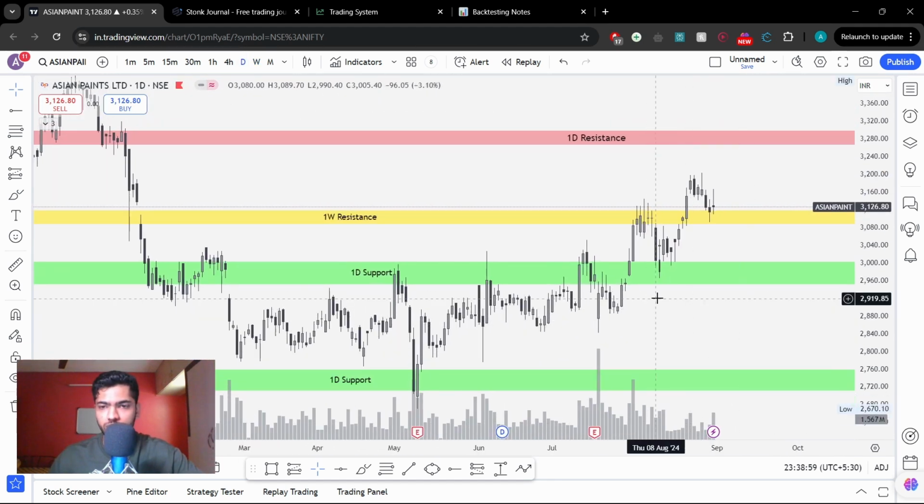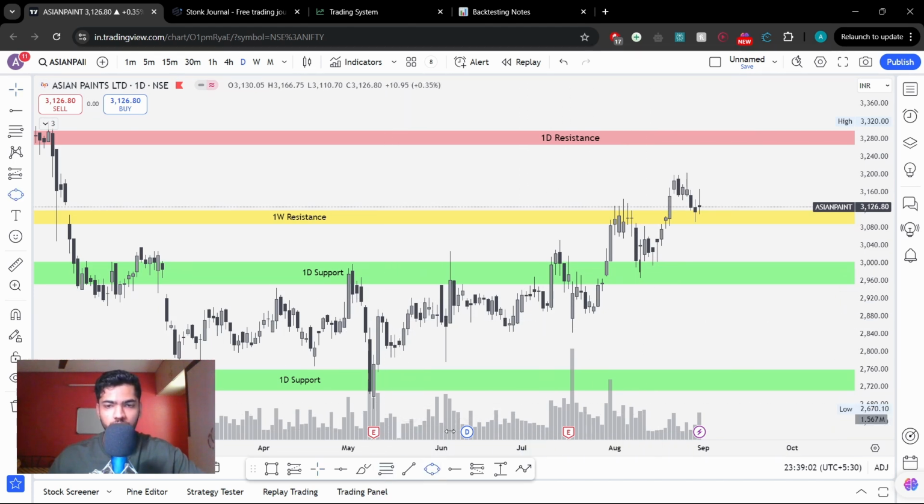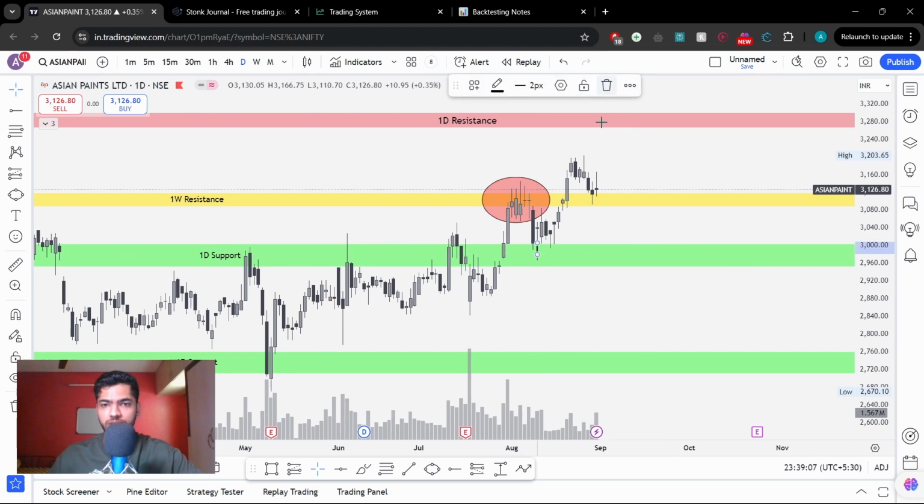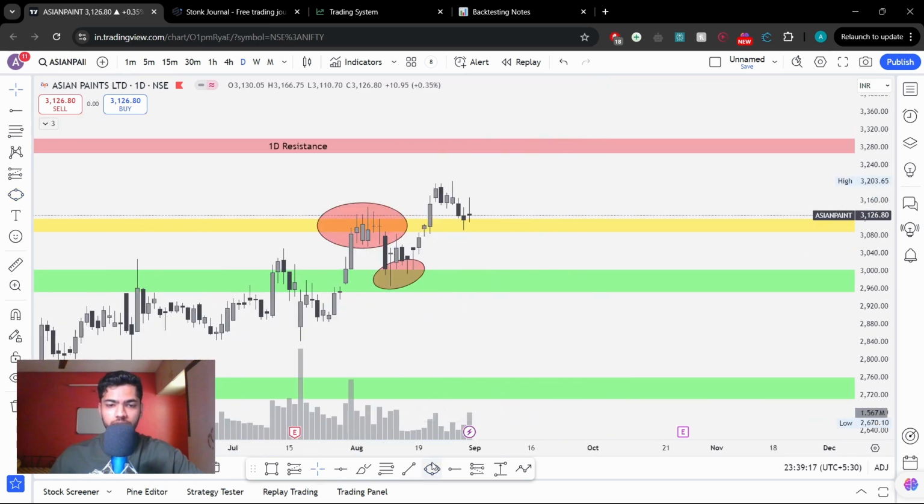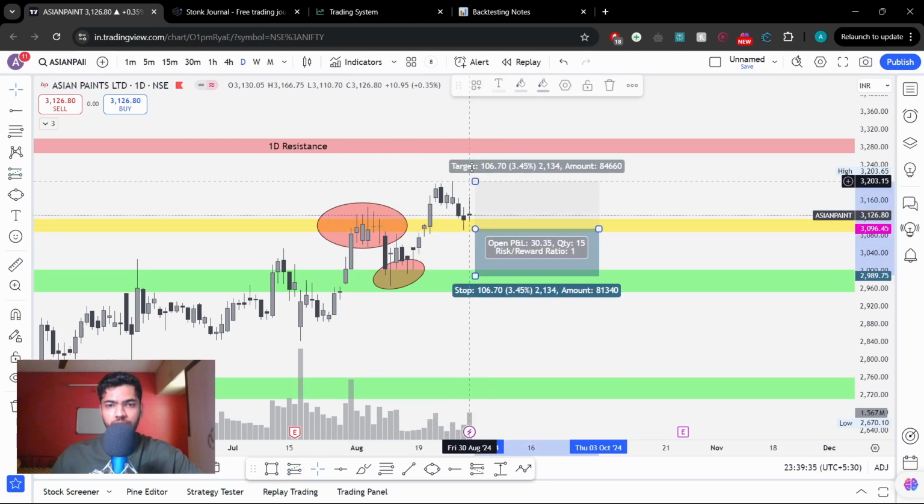and as you can see right here, this was the resistance which it was unable to break, and eventually it gave a down move right here, trapped all the sellers here, trapped all the sellers right here, and again gave an up move. And again, if it traps at this level, or if this breaks down and gives a doji something like this, I'll again enter in this stock, and I'll probably take a target of right here, this tool. Yeah, I'll take something like